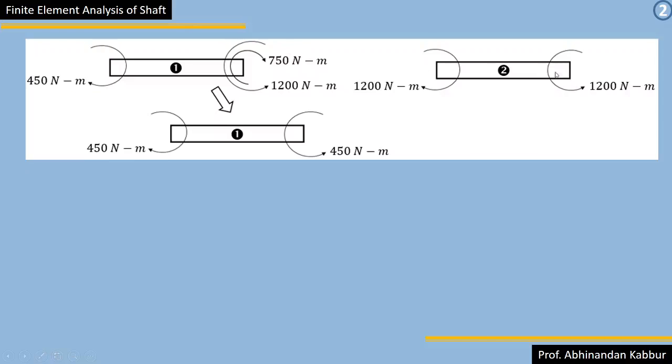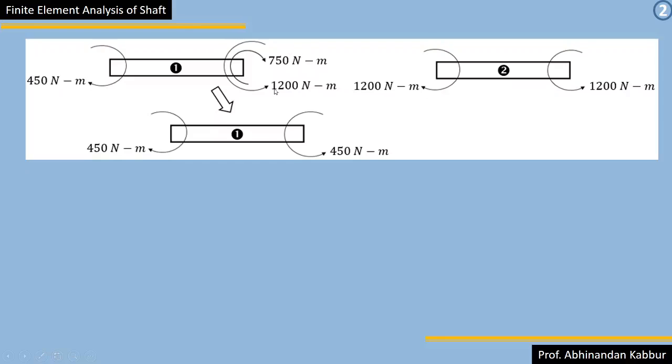So to make this second portion equilibrium, I need to apply a torque of 1200 Newton meter in the clockwise direction. So this is an extra couple we are applying, that I need to nullify here opposite to that. So once again I'll apply with counterclockwise of 1200 Newton meter, but at the distance of 2.5 meter from the fixed end I have a torque of 750 Newton meter in the clockwise direction. So that is what I applied as it is.